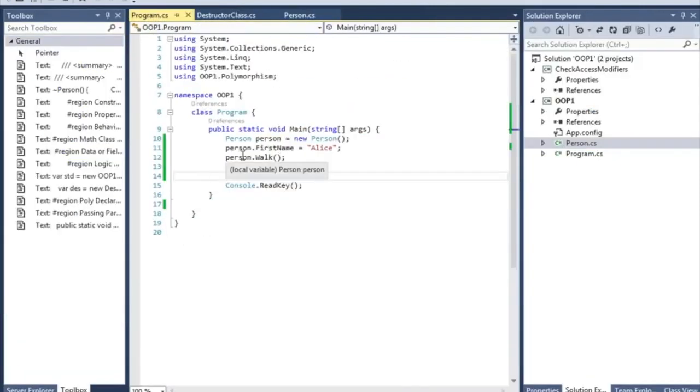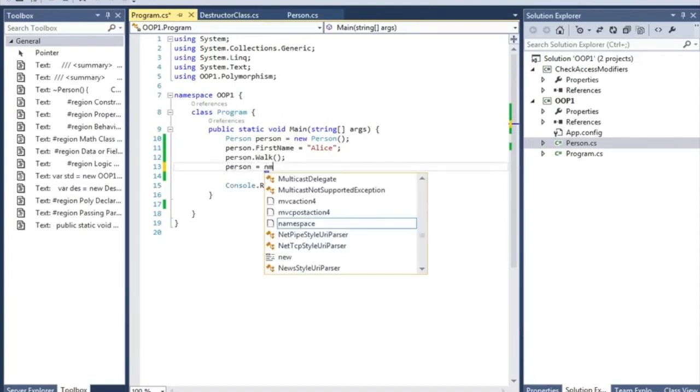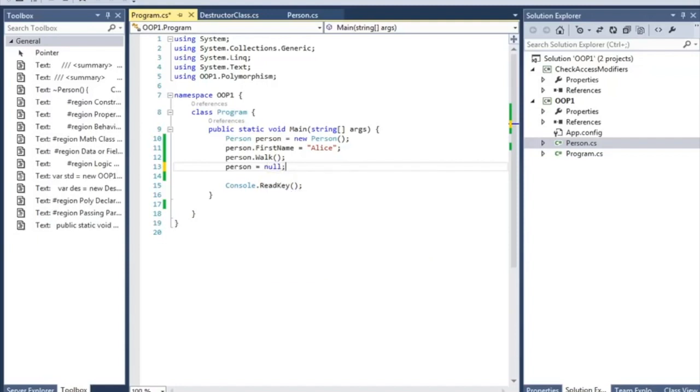Because my person is not destroyed. So let's destroy it by setting it to null, because then it doesn't have any memory reference to it. So the garbage collector will kick in and destroy it at some point, and this is when the class's destructor will be called.